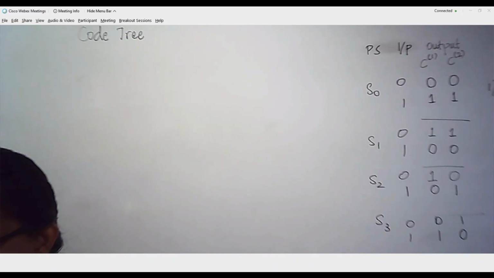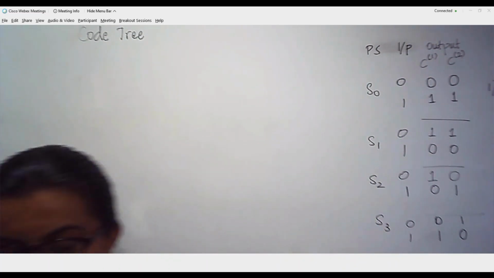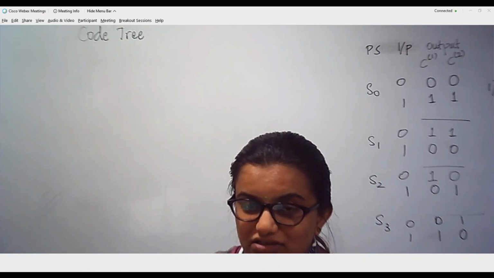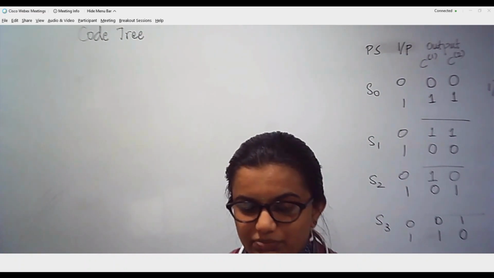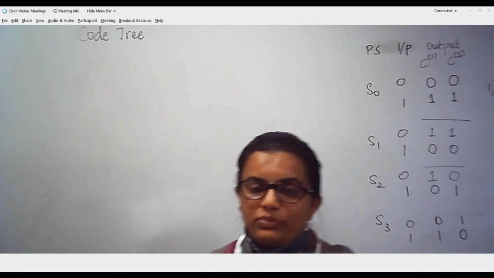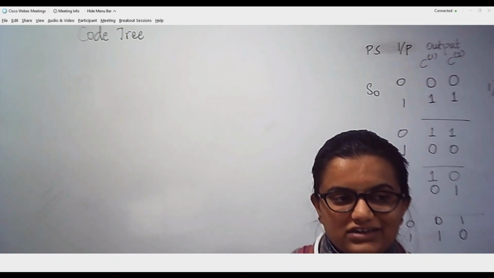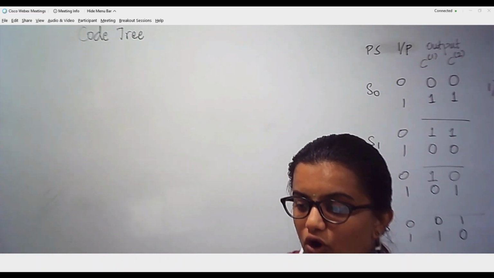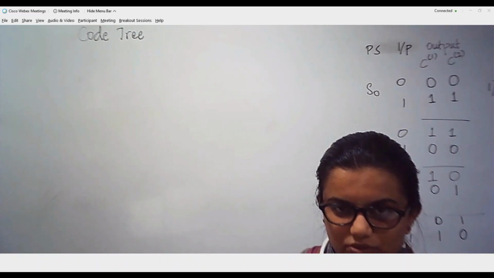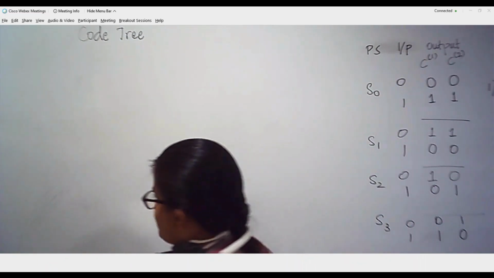Now we are going to take into consideration the output code words, as in how we are going to get the code words, and we are going to write a tree in order to locate the output bits for the sequence that is provided to us. In the problem itself, they have given us the data sequence 10111 and asked us to find the code word for that message sequence. How to do that, we shall see now.